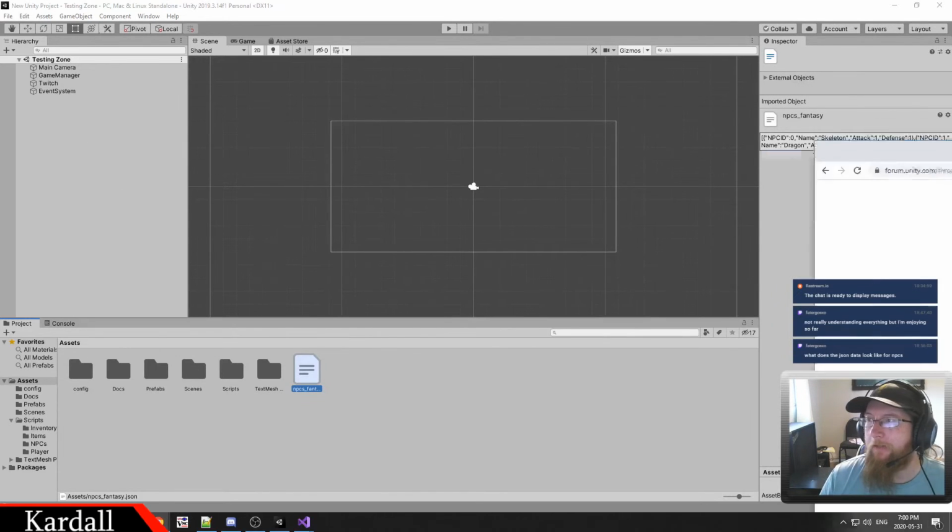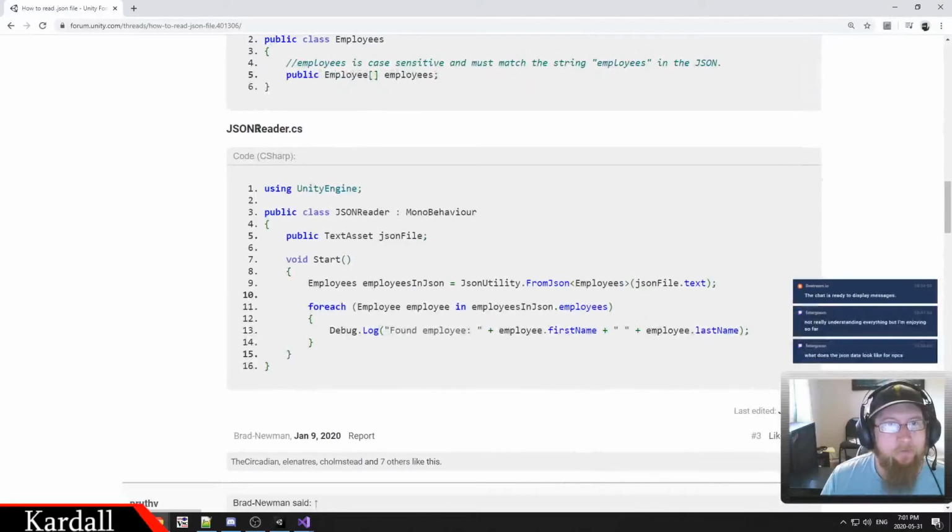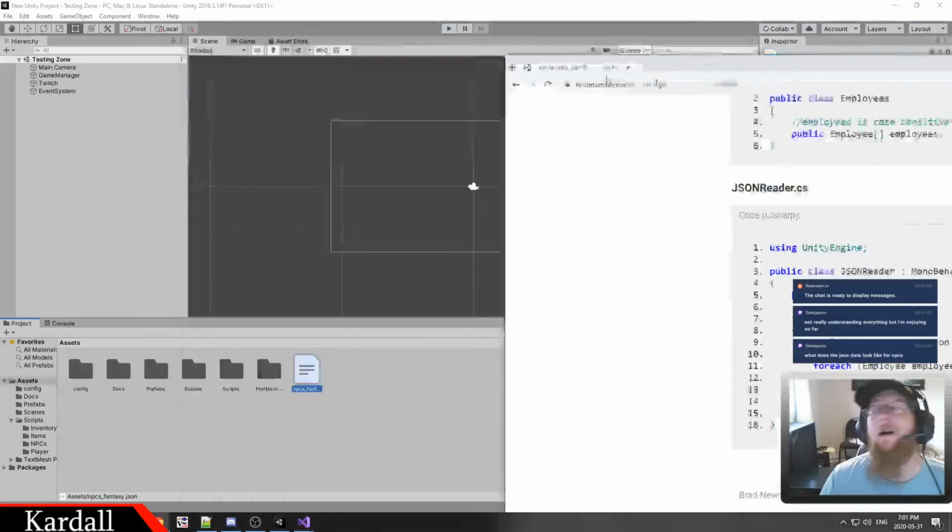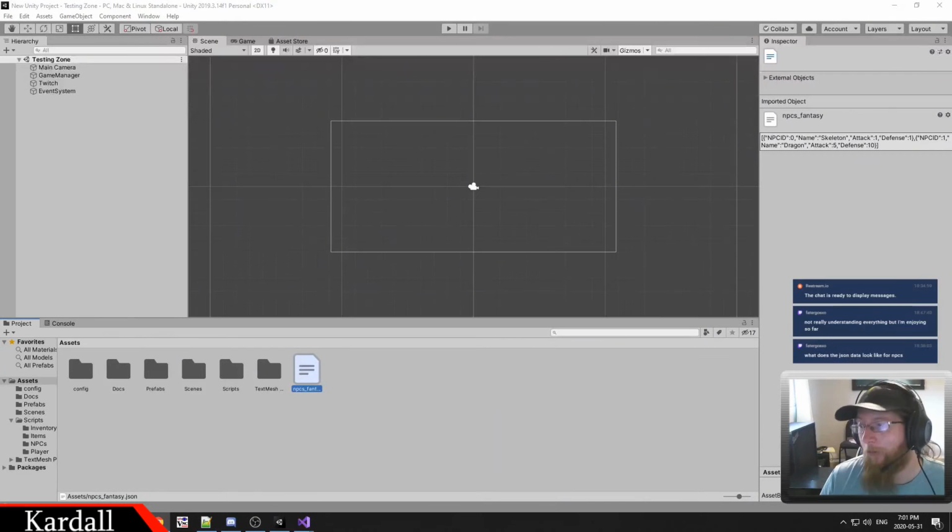Oh, I see something interesting. Ah, text asset. Okay, so this is the public variable in the game controller you would set, and then you would use the JSON utility to read that. Ah, that makes a whole lot more sense. Okay, okay, I gotcha. So let's do